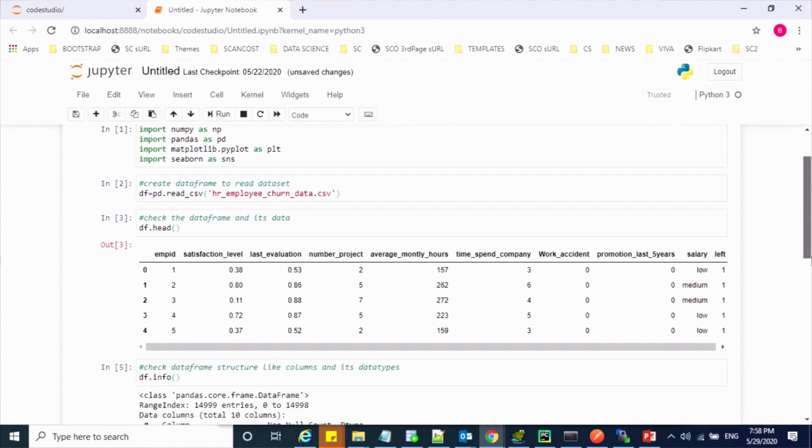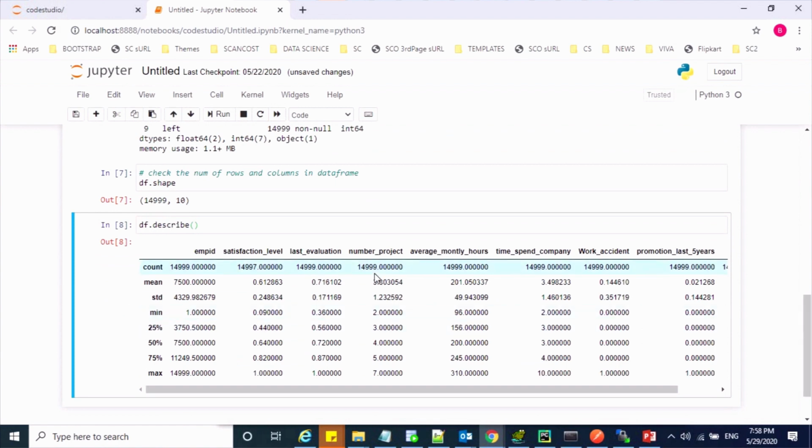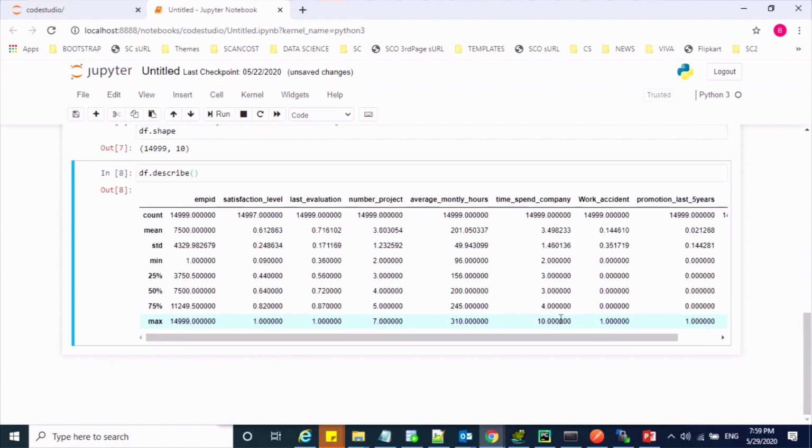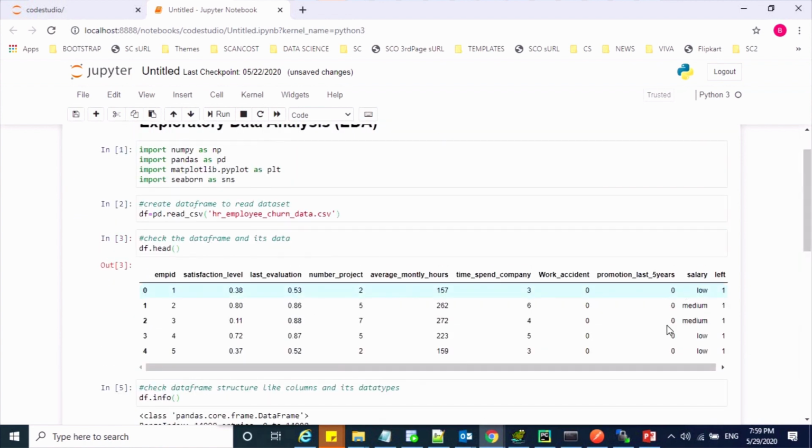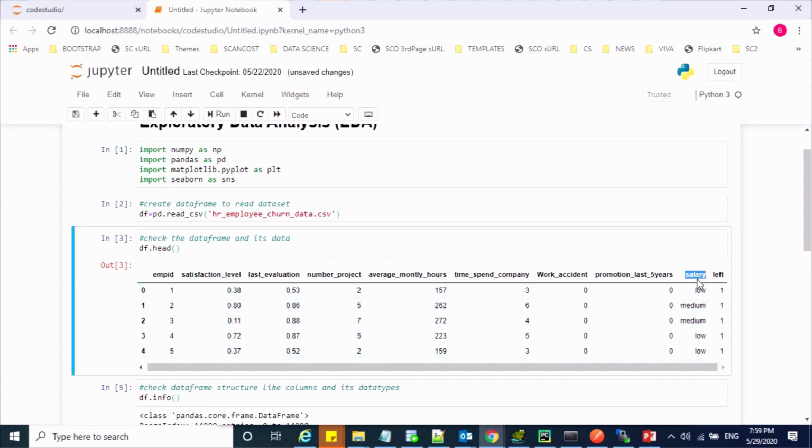Now we will try to understand the individual features. We'll start from the categorical features first, and after that we'll go through the number features. First of all we have to know which features are categorical. From the data you can see that the salary feature has categorical values, so this is one of the categorical features. But there could be another situation where a feature has number values, but actually behaves as a categorical feature.